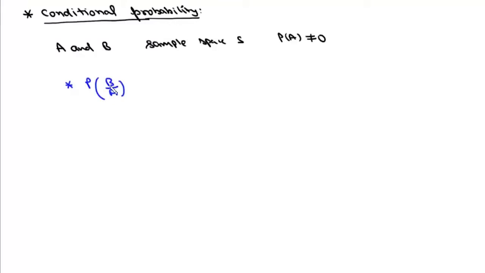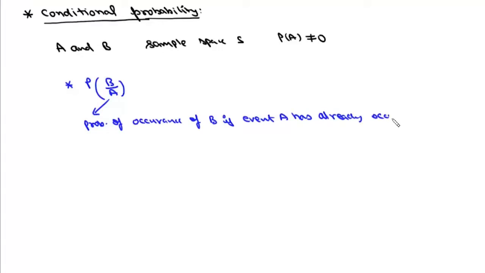Now this doesn't mean set B divided by set A, because it doesn't make sense. B by A, it represents probability of occurrence of event B if event A has already occurred. So basically we are trying to find out probability of occurrence of this event B in case when the condition is given that event A has already occurred. So this notation B by A, it is neither division of sets nor division of probability of B and probability of A. It simply represents the probability of occurrence of this event B if we know that event A has